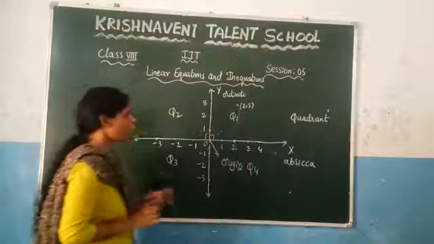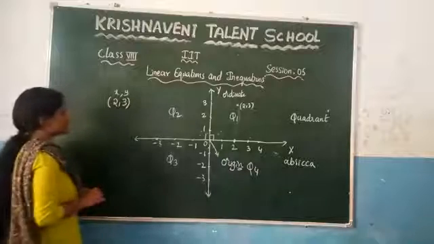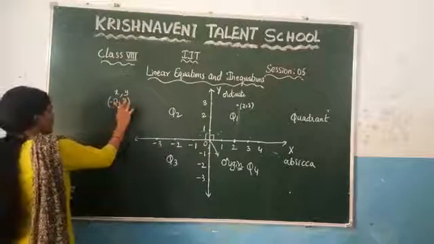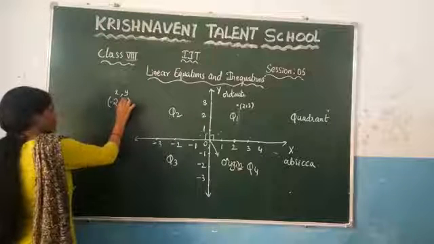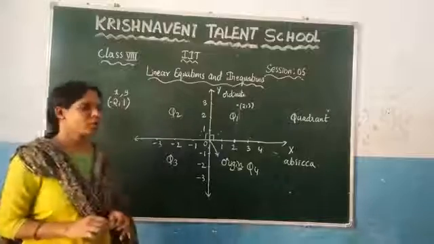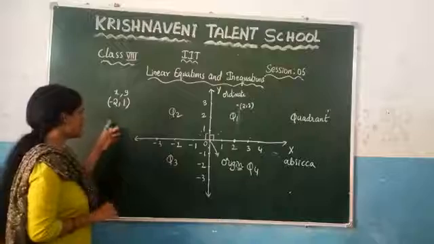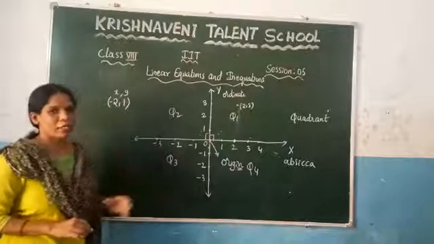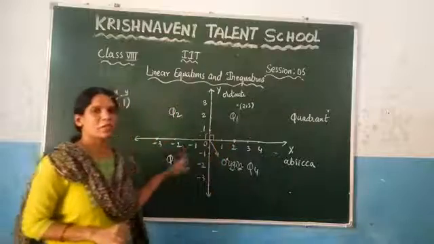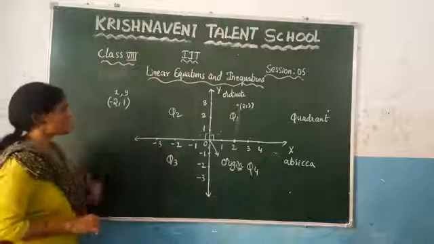Like this, you need to locate the points on the coordinate axis. Let us see, if you want to represent -2, take here 1. Let us represent this one. So first, what we have represented is 2, 3. Now let us take one point in each quadrant. So we have located one point in quadrant 1. Let us locate one more point in quadrant 2. Let us take this point, which is -2, 1.